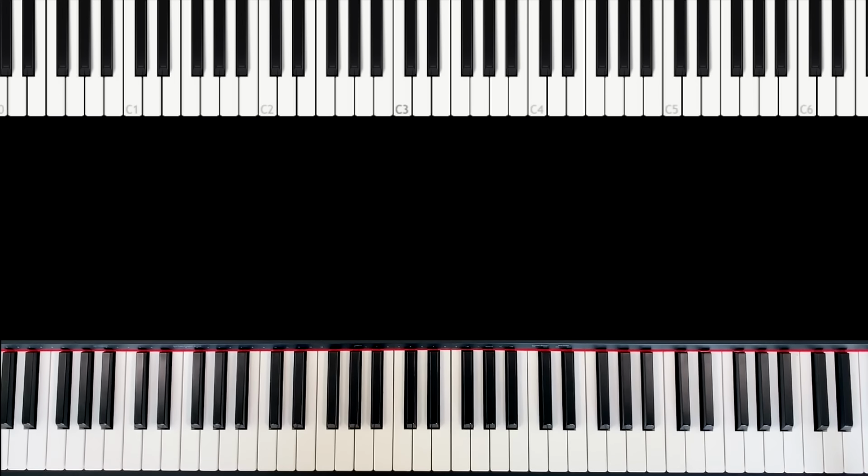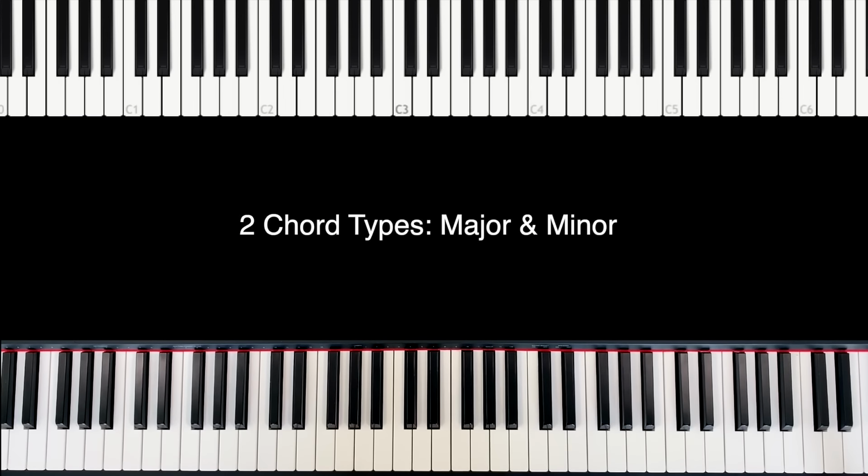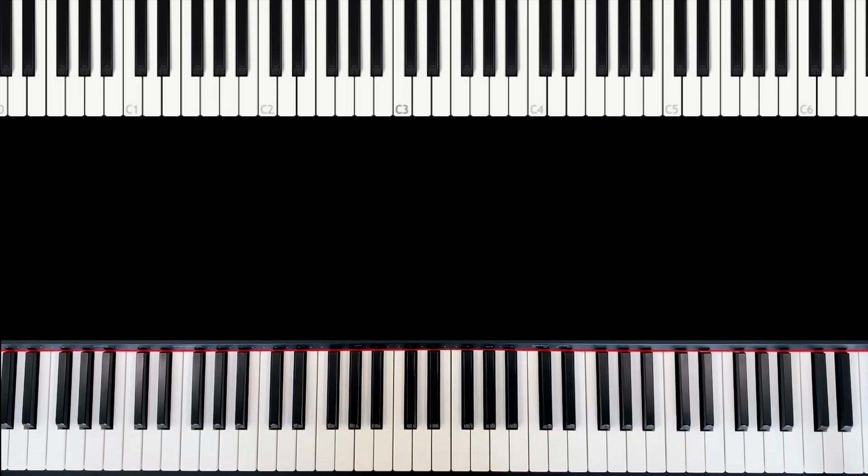So we have different kinds of chords, but the main difference between chords is that we have major and minor chords. These are the 2 chord types we have, major and minor. And all the other chords are just variations of these 2 chord types. The difference between these chord types is how they sound. Yeah, how a major chord sounds and how a minor chord sounds. The main character, because there's a huge difference in the main character between these 2 chord types.